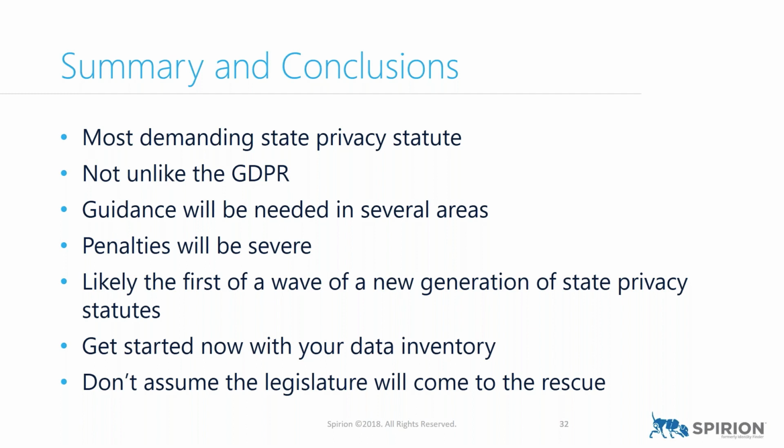So a lot of this is going to rely on individuals complaining to the AG's office and saying that my data is being abused. So that's typically how it's going to be enforced. It's going to be by exception, unless the state is going to start surfing websites and looking for companies that are doing business in California and looking at their privacy statements. I think almost entirely they're going to rely on complaints, like they do for a lot of everything. It makes it difficult for compliance in that respect.